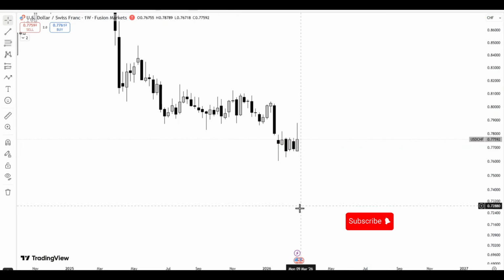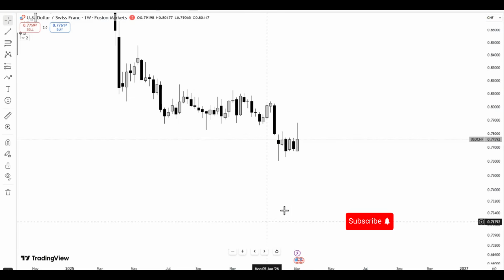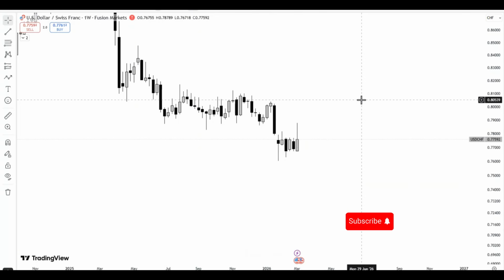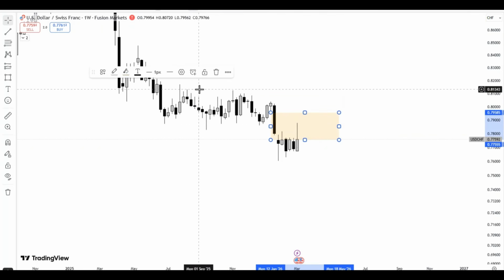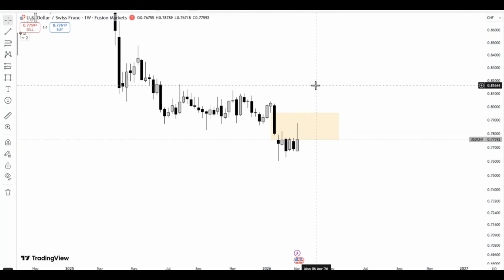So let's look at USDCHF. So USDCHF and dollar are positively correlated. So that means if dollar is bullish, we also want to see a bullish USDCHF. But if you look at USDCHF on the weekly time frame, you can clearly see price has not inverted this bearish fair value gap. However, we already have that inversion with the DXY. So if dollar is bullish, you can see USDCHF is still dilly-dallying. It's taking its time. But finally, it should be able to catch up if you're going to have a bullish dollar, because it's a pair that is positively correlated with dollar.